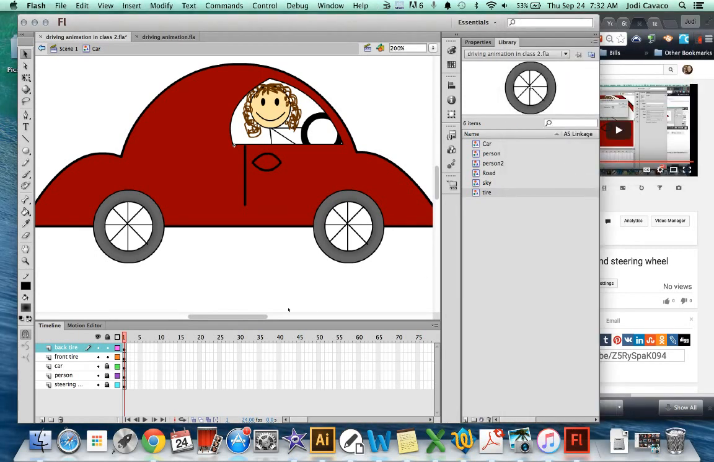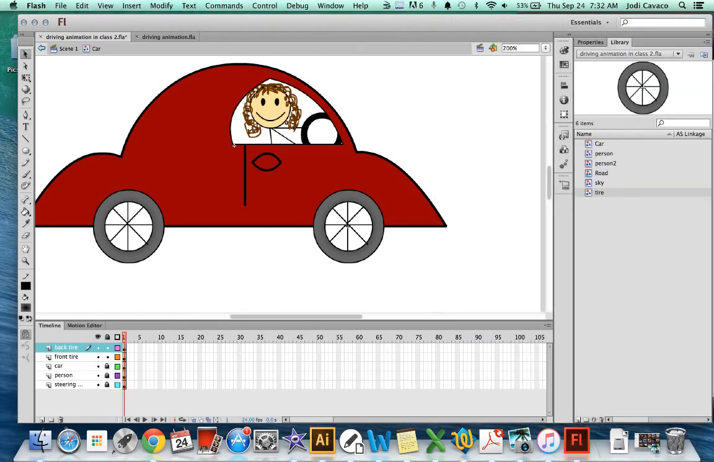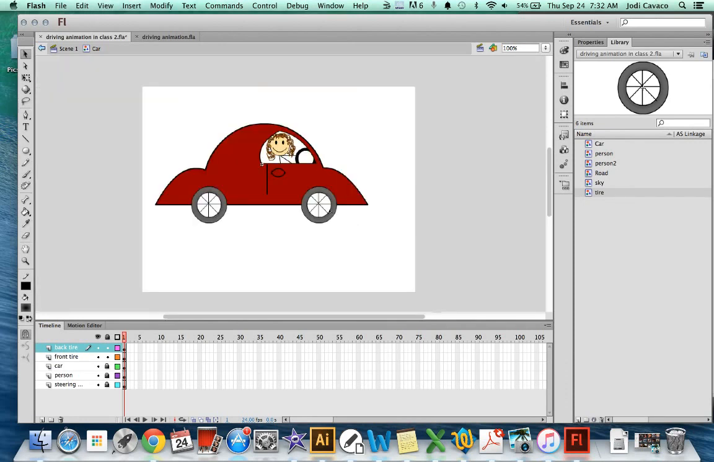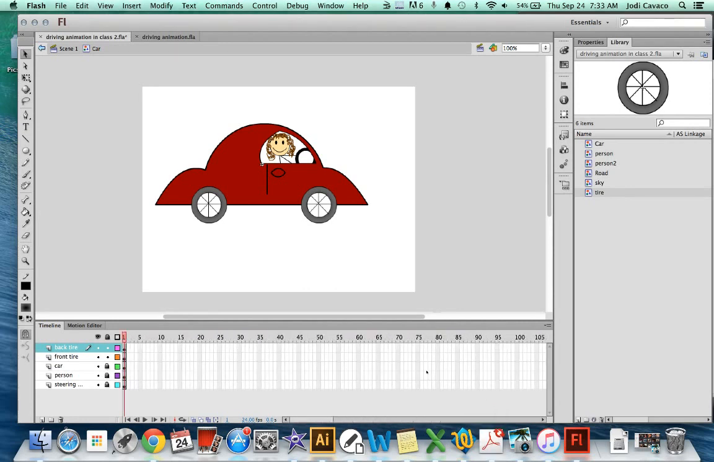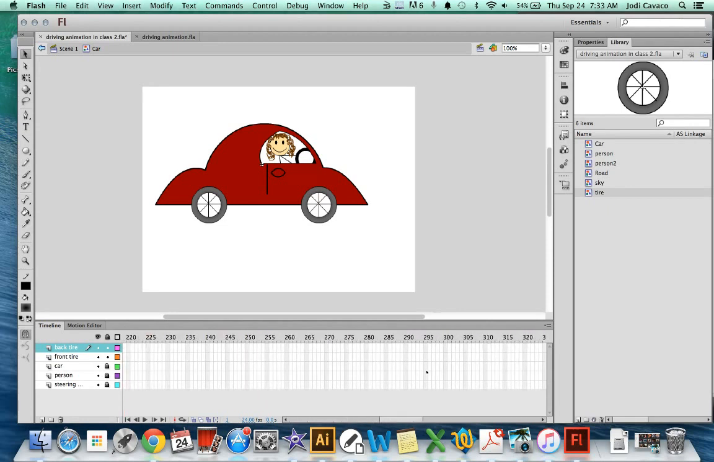Now I'm actually going to add the animation to my car. So I'm going to hold down Command and go to minus. Now, my actual car, if I'm still inside the car symbol, is going to stay still, but we're going to add the motion to the actual wheels. Right now I have all of my keyframes in frame 1. I'm going to scroll down here and let's say,